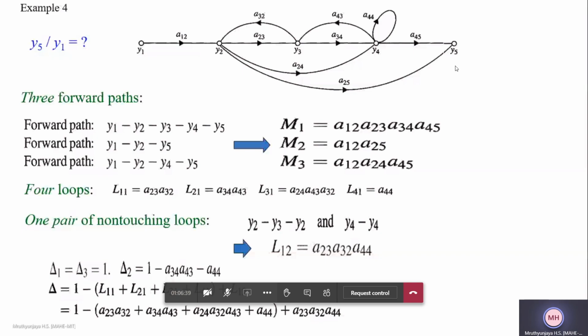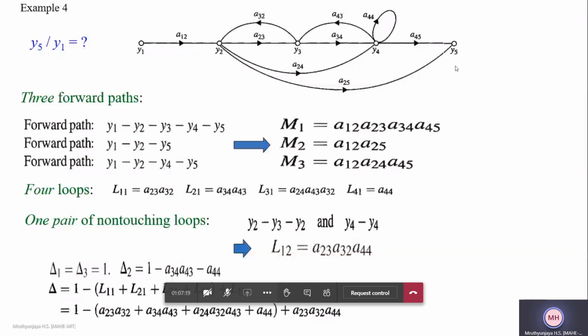In the above answer, M2 would be there, so we will have delta 1 and delta 3. So the value of delta remains the same. So simply remove M2. Okay, next I want to find the ratio. Yeah, sir, tell me. What if one of the loops had also been removed when we take the ratio? No, do not remove. Do not consider a particular loop if it is outside that. Okay, so for delta, the value remains the same. All the loops will be there as it is. All the individual loops, 2 non-touching loops, 3 non-touching loops will be there as it is.